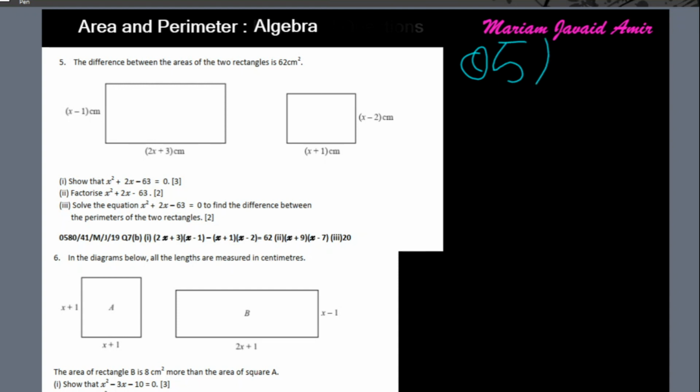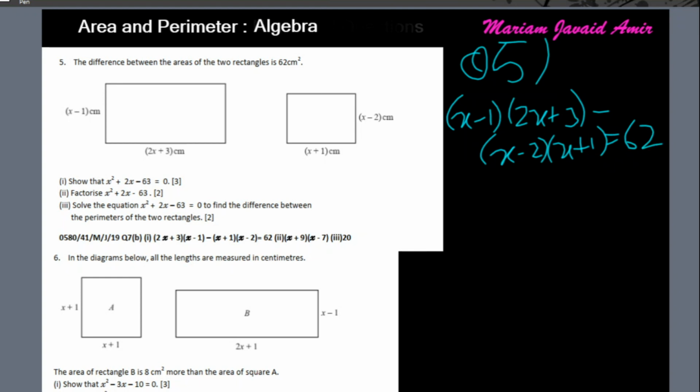Question 5. The difference between the areas of two rectangles is 62. So area of the first rectangle is x minus 1 times 2x plus 3, minus area of the second rectangle, which is x minus 2 times x plus 1, and this equals 62. Now we have to open the brackets and show that this gets simplified to this. The most important thing here is that you put bigger brackets around this, so that you remember